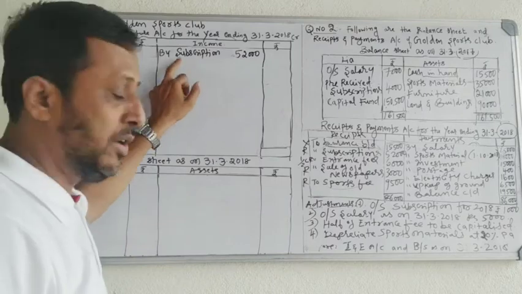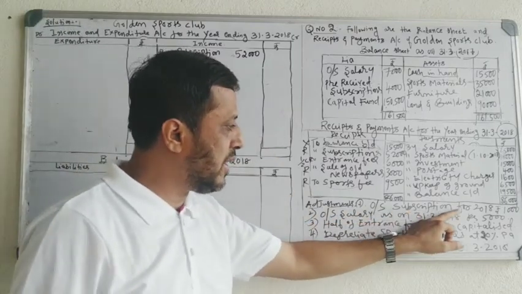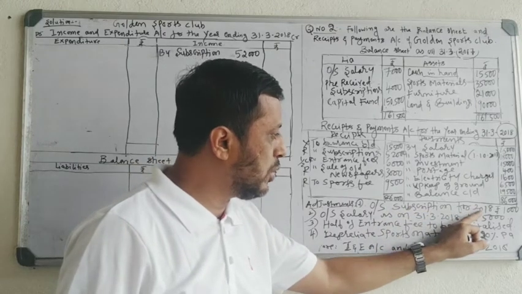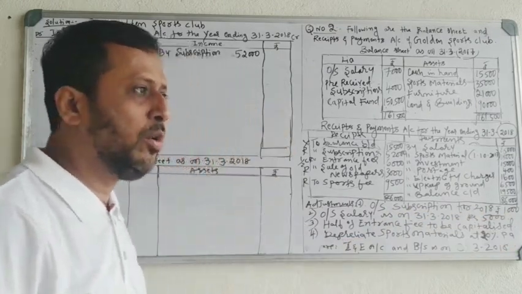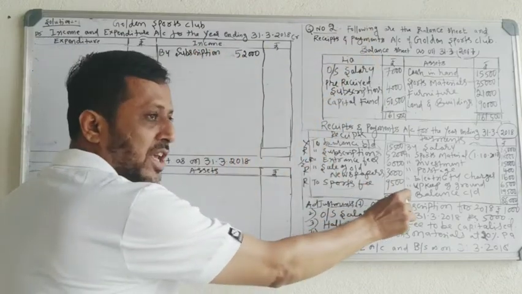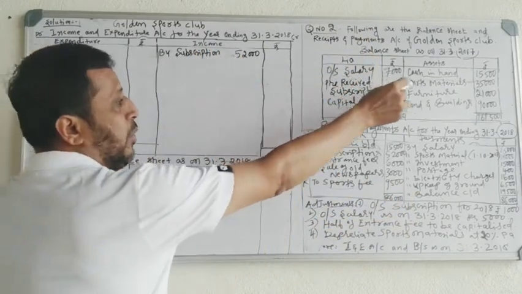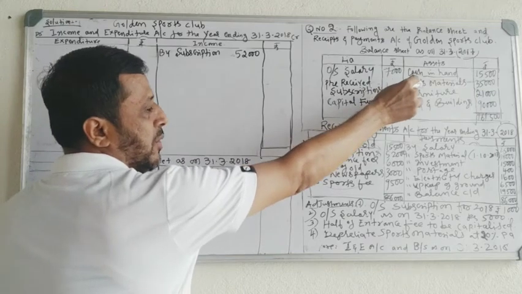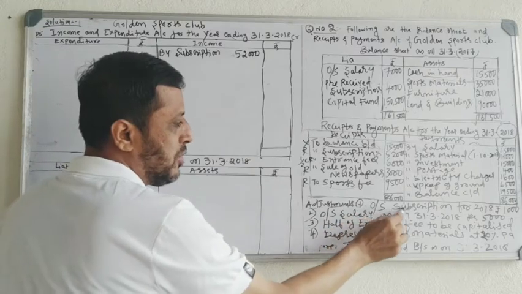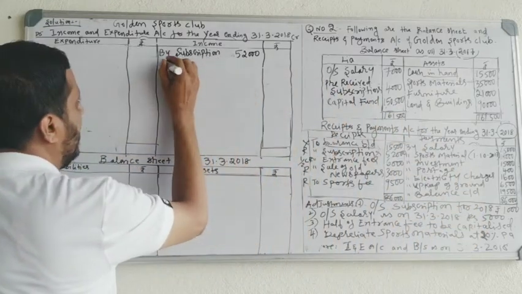Okay, don't deduct it. Outstanding subscription of the current year is given in the first adjustment. Outstanding subscription for 2018 is 1,000. What I told you, outstanding given in balance sheet minus, outstanding given in adjustment add. Outstanding subscription is not given in the balance sheet, don't deduct it. Outstanding subscription is given in the adjustment, so add.